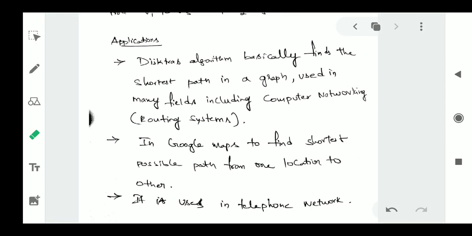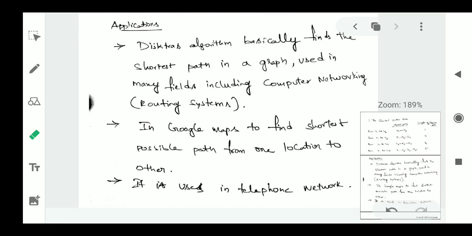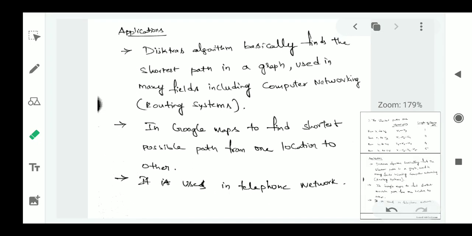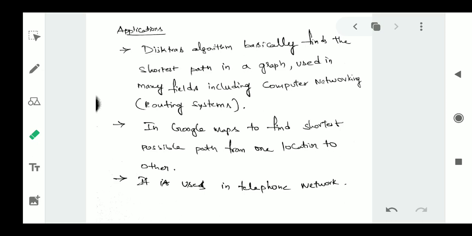So what you have to write here, from the starting onwards, is that you have to find out the shortest paths from a source vertex to the remaining vertices. Okay? Again, I'm repeating, you can take any vertex as the source vertex, and you have to find out the shortest path from the source vertex to all the remaining vertices.